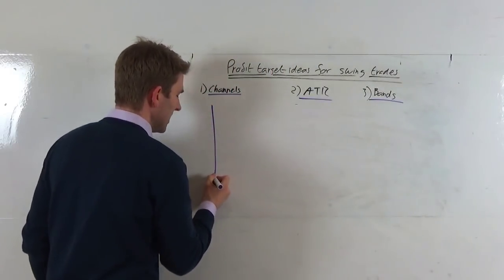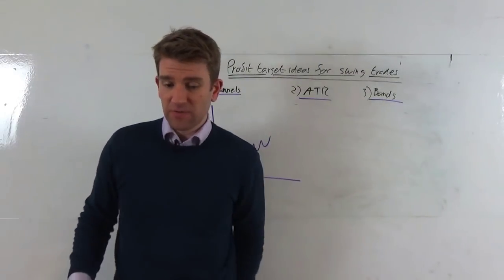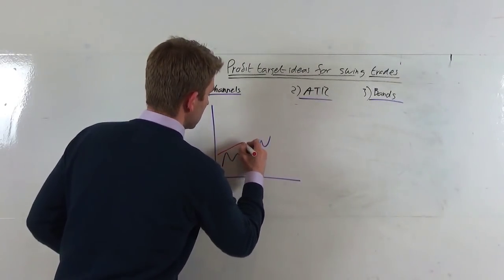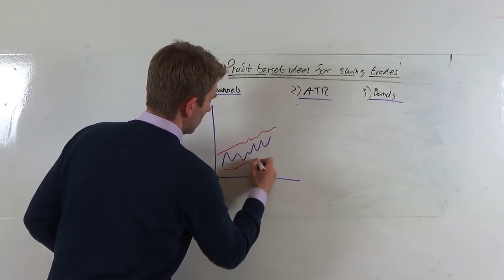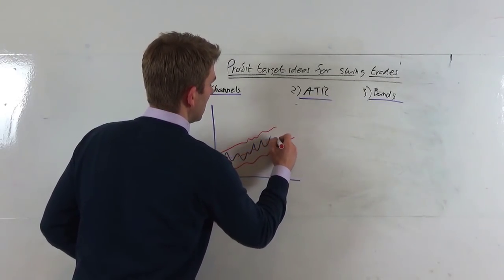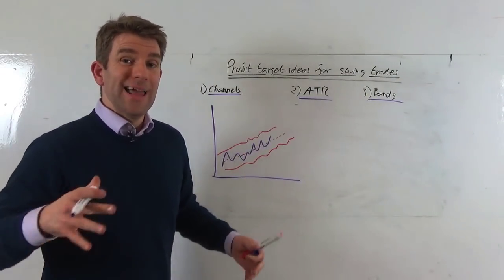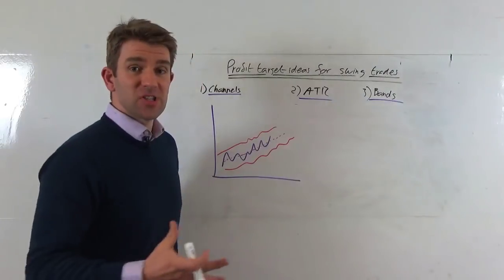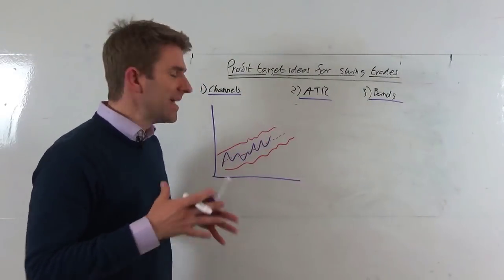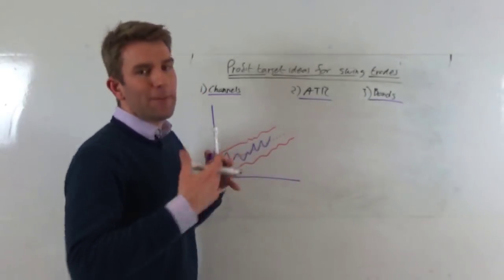So if we have that scenario where price is moving along, and in fact I'll use a different color pen for this, let's go with the red. If we have our Bollinger Bands moving with price as they do, and you've got the middle of your band, which, if you've got a 20 period, is a 20 period moving average. You may well say, hey, if I'm long and price starts to touch that upper Bollinger Band, I'm going to trim some of the position, because generally price doesn't explode too much past that without backfilling,